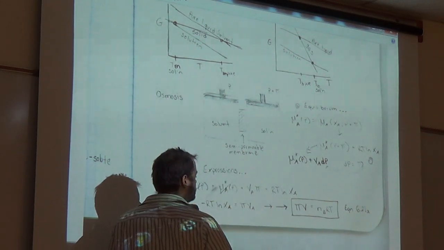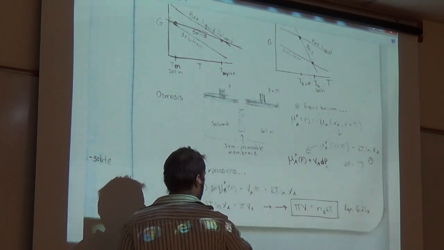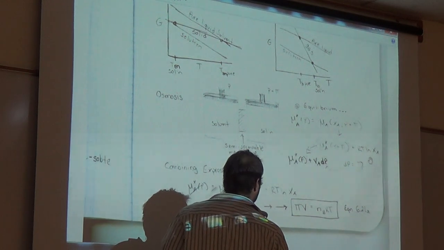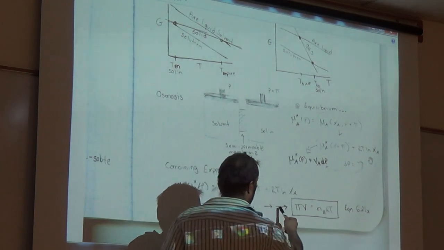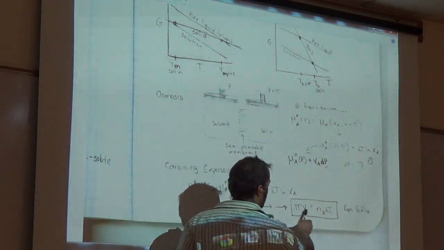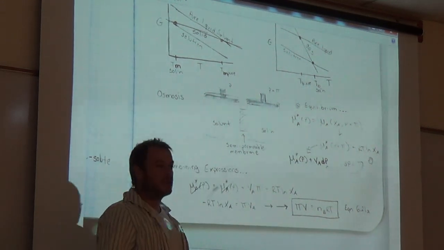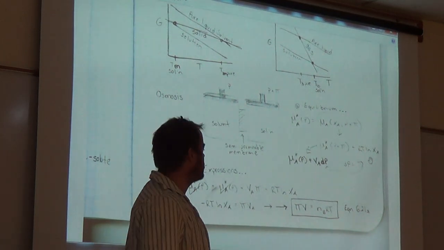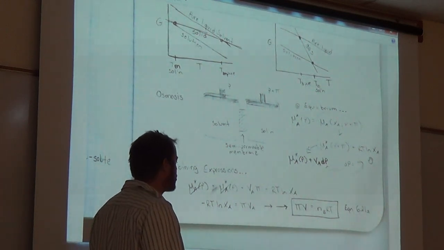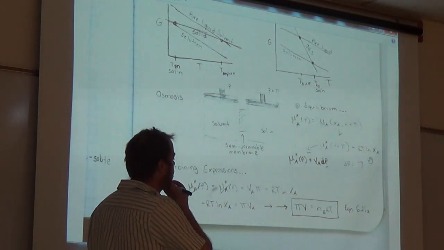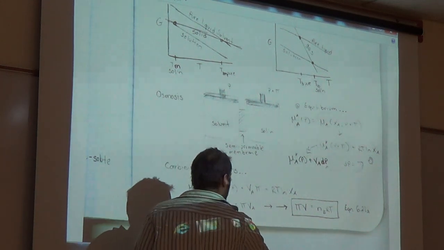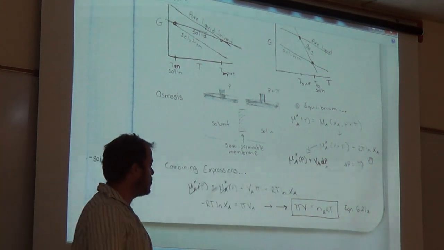These two terms cancel, and you get this term, the negative RT natural log of the mole fraction, is equal to pi times VA, and with several manipulation steps, this becomes what is equation 6.21 in your book. Go ahead and read the derivation in your book so that you understand how you get to casting the osmotic pressure in terms of the number of B molecules. I might end up going over that a little bit on Tuesday with you. But essentially, what we've done here is we've shown that